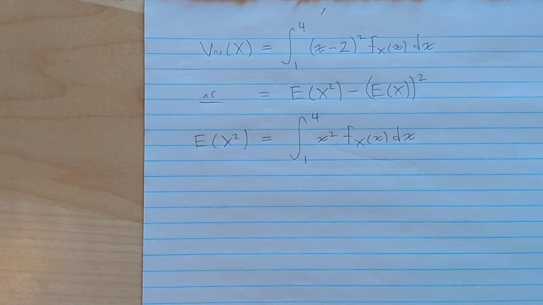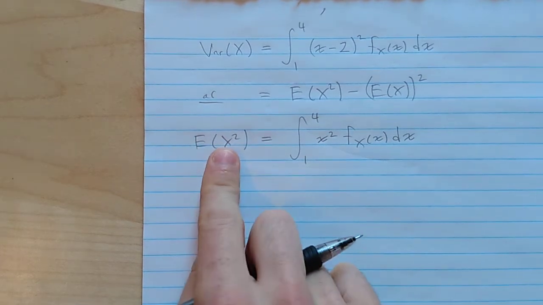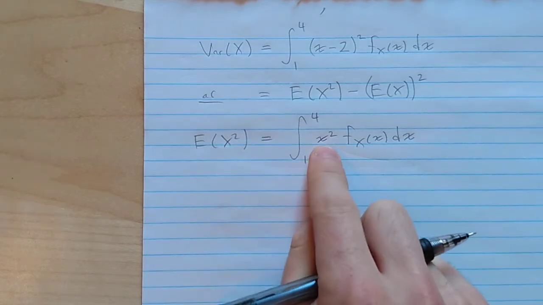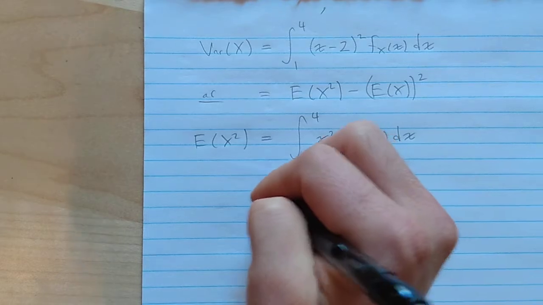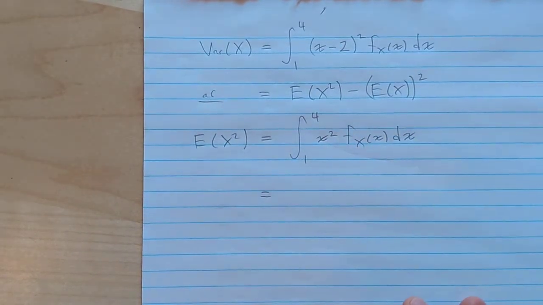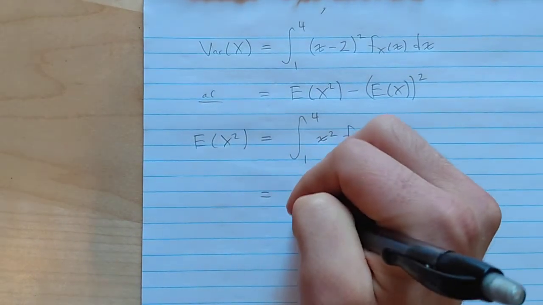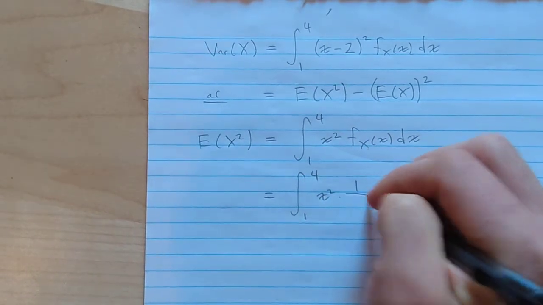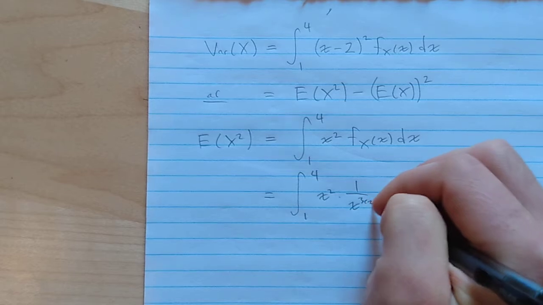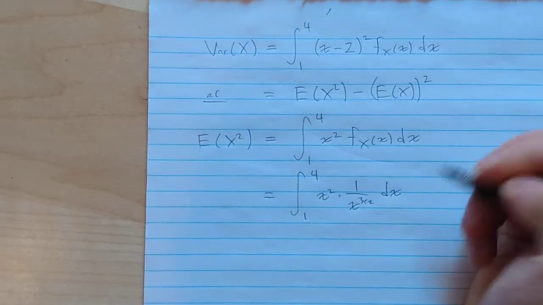So that's applying the law of the unconscious statistician. It says the expected value of a function of x is what you get when you integrate that function of x times the PDF of x. Okay, good. So this time we're going to integrate from 1 to 4 x squared times 1 over x to the 3 halves dx,